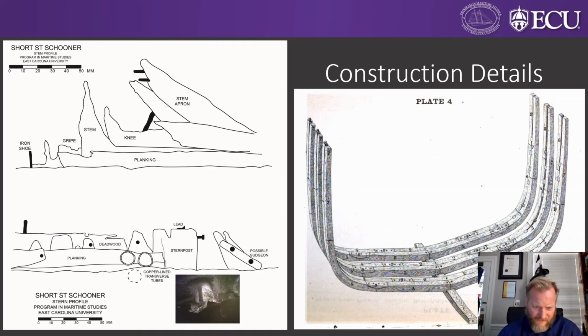And then if you look in the illustration on the bottom, that is the stern profile, and you can see from the different labels the different pieces. So we think we have the stern post with the dead wood coming into it, and then possibly the rudder laying off the back. You can see the possible gudgeon indicated out the back of the stern post. A couple of interesting features that we did identify were these copper and lead through holes that go through from one side of the vessel. They're just transverse holes, not going into the vessel from wet to dry, but directly through,